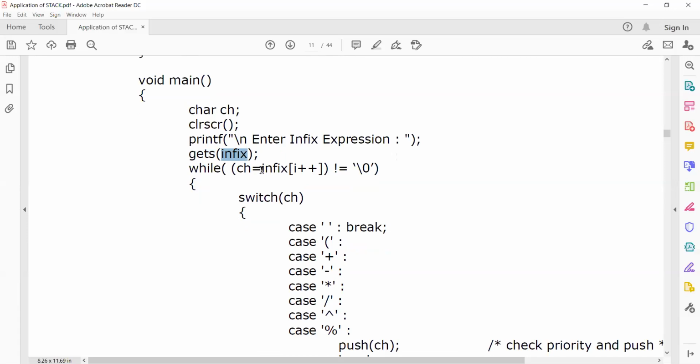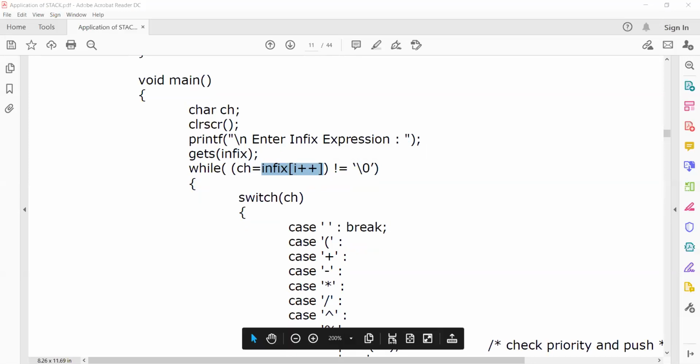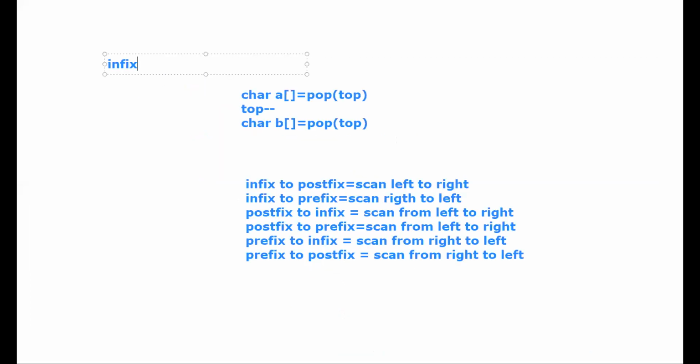So when coming into the while loop, what is infix of i plus plus? We have infix equal to x plus y.